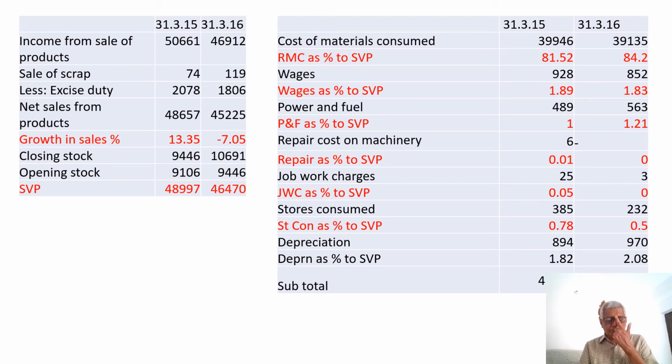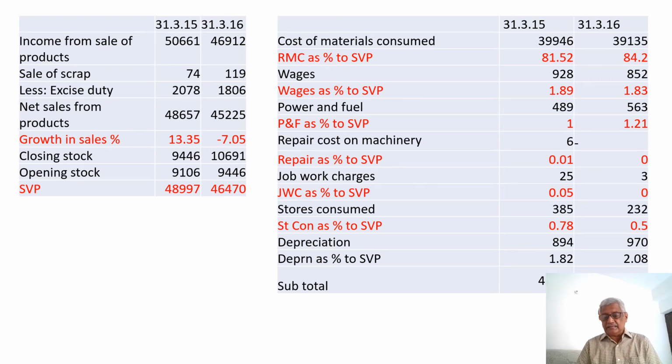Now, when it comes to the comparison of expenses, because we need to understand a company which had generated profit, that is an operating profit before interest, has incurred a loss in the subsequent year. We need to compare the expenses to find out which expenses have increased substantially, making the company incur a loss. One reason we know is the decline in sales, but that alone could not be the reason. So for this purpose, some of the banks will compare these expenses with the sales.